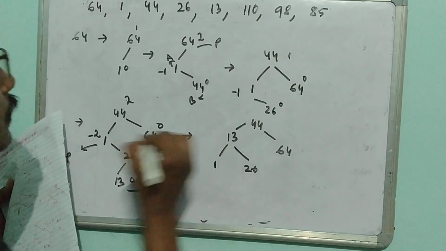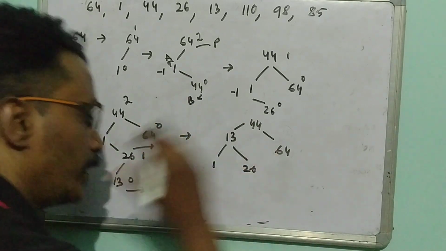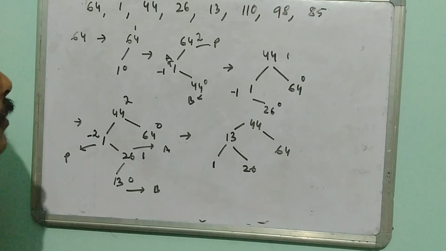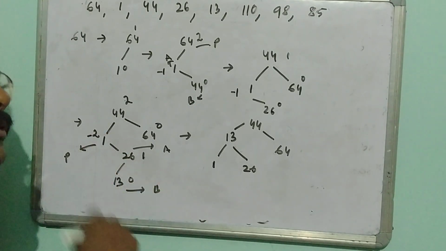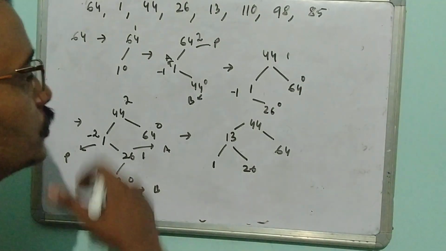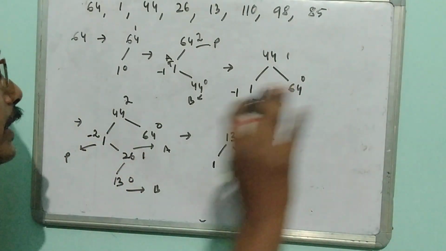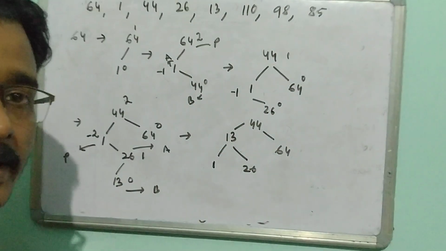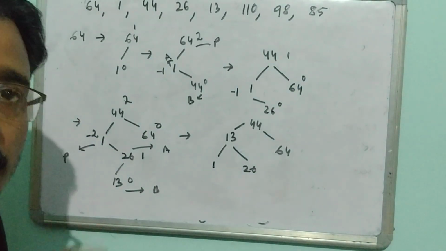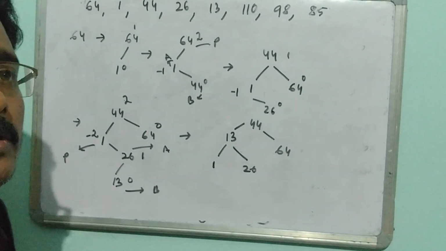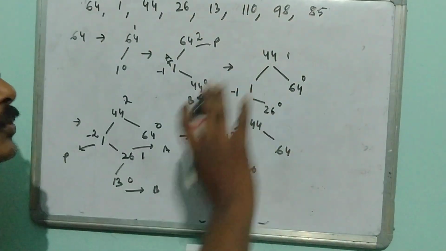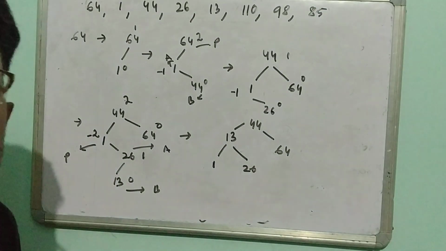So this process we have to follow, balancing by making certain equations and observing whether it is a left to right rotation, left to left rotation or right to left rotation. We have to observe the rotation and make it balanced. So thank you very much. We have covered the height balanced tree, made certain AVL rotations, and also constructed a height balanced tree from certain nodes. Thank you all.